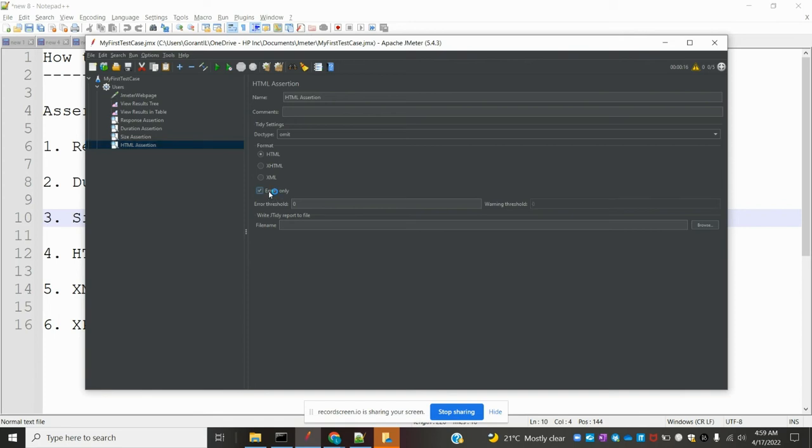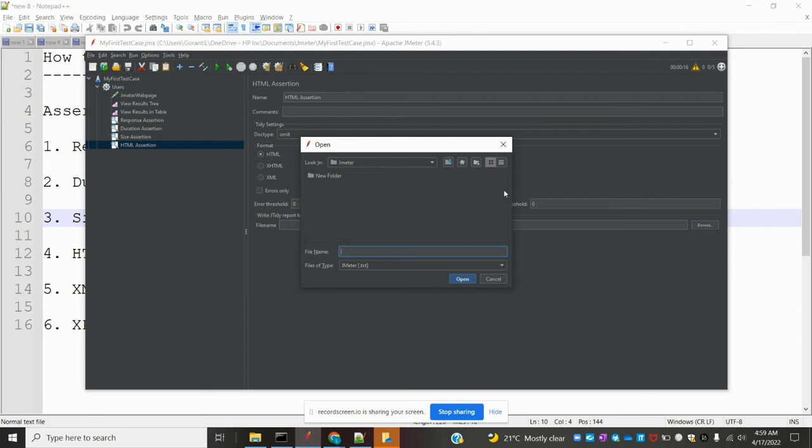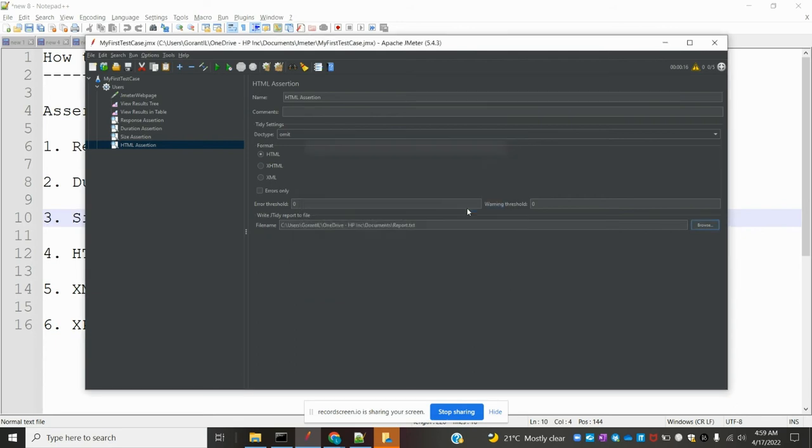If you mention errors, we can store those errors, and how many errors and warnings are present. If you specify those numbers, it will show you that, and up to that it will remove and add. Okay, and this one is basically to provide the file for the errors you created, whether those errors are present or not, and those things we verify for that particular page. You can see the report text file is there, and I'm choosing this one, and once you run this one,